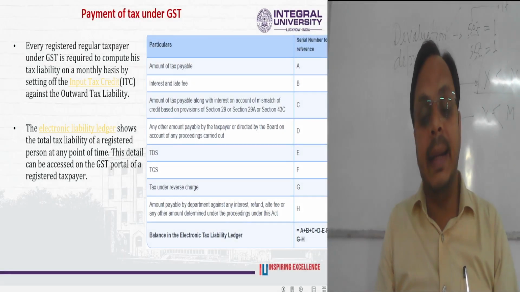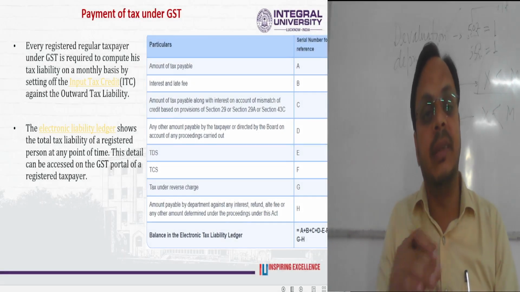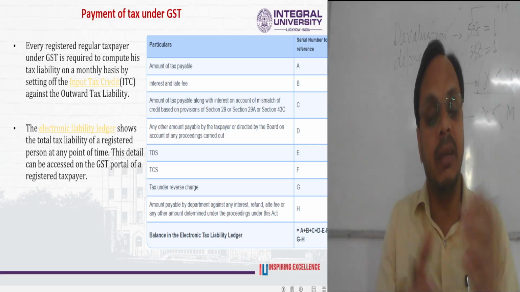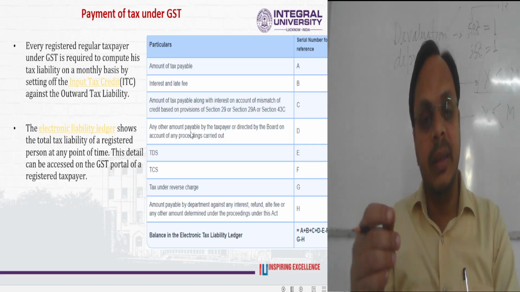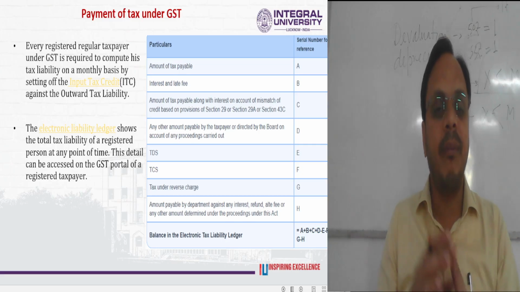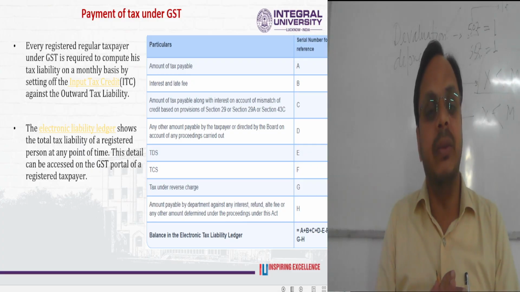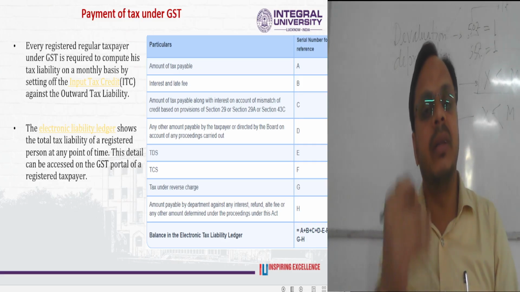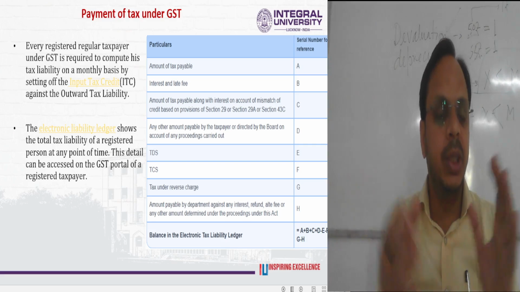So I hope that in respect of goods and service tax, regarding ITC, regarding the reverse charge mechanism, and regarding the value of supply, it is now clear to you. The next very important topic that we are going to start is how the payment of taxes works under the goods and service tax. So every registered person